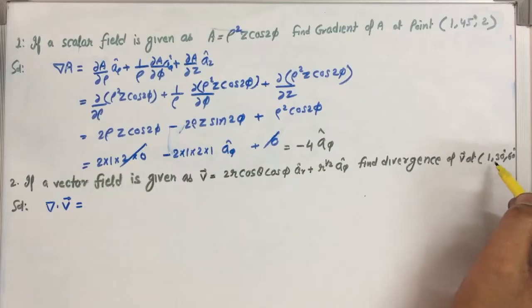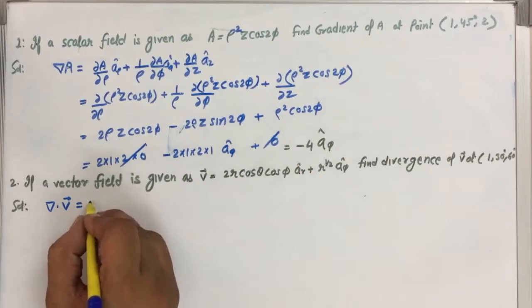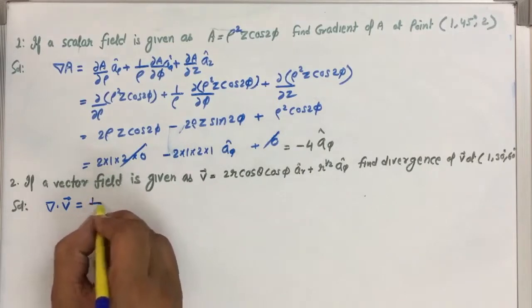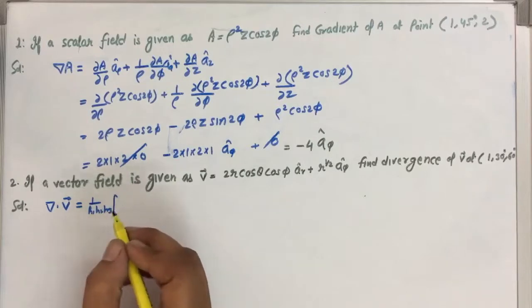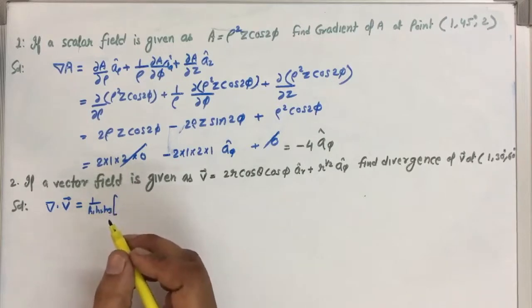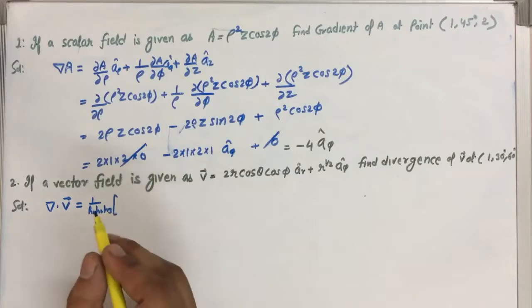It is distance, angle and angle. That is possible in the case of the spherical coordinate system. So r, theta and phi. In that case, try to find the general formula here. 1 by h1 h2 h3 we have written already. So just on the basis of that, we will write the final equation. So 1 by h1 h2 h3